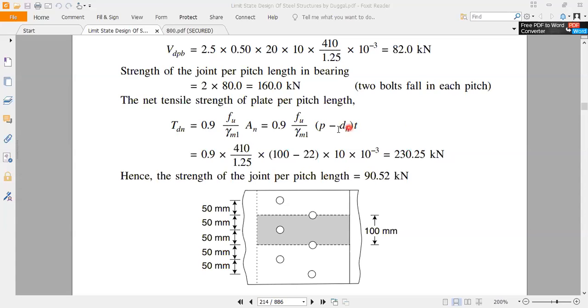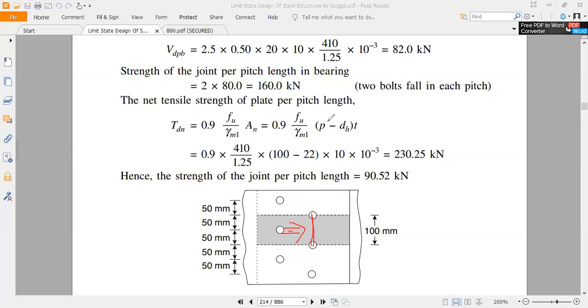Yes, sir. Now see, in this formula we have considered P minus DH. We have not considered B minus DH. Why? Because per pitch length हमको ढूंढना था, है ना? Per pitch length ढूंढना था. तो मतलब कि हम लोग ये वाले जो डिस्टेंस है ना, इसका क्रॉस सेक्शन देखे साइड से, अगर मान लो इस साइड से हम लोग इसको देखा, कि ये जो पॉइंट है ना, इस पॉइंट में हाफ होल यहाँ पे आ रहा है, हाफ होल यहाँ पे आ रहा है, इसलिए हम लोग P माइनस DH किए।